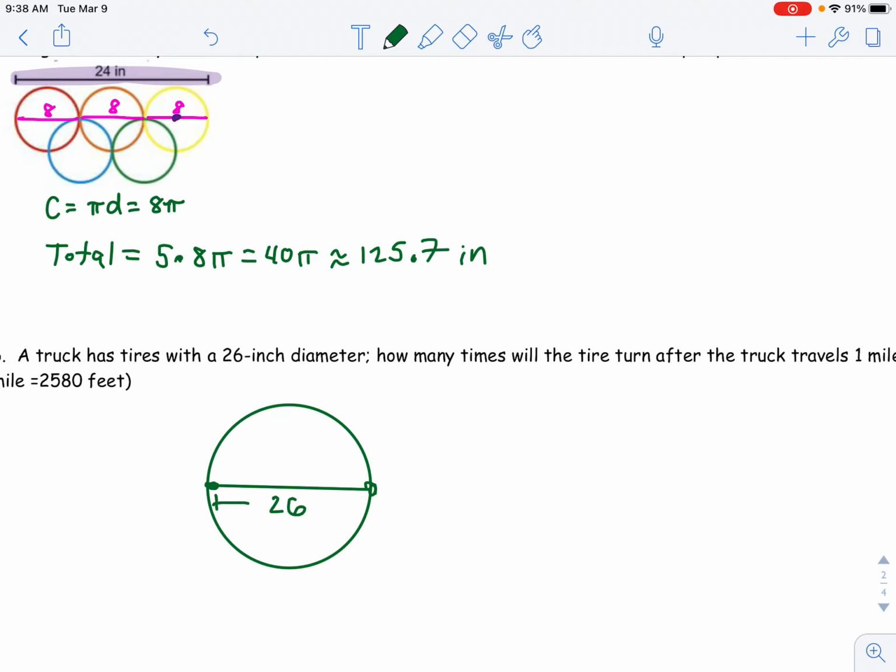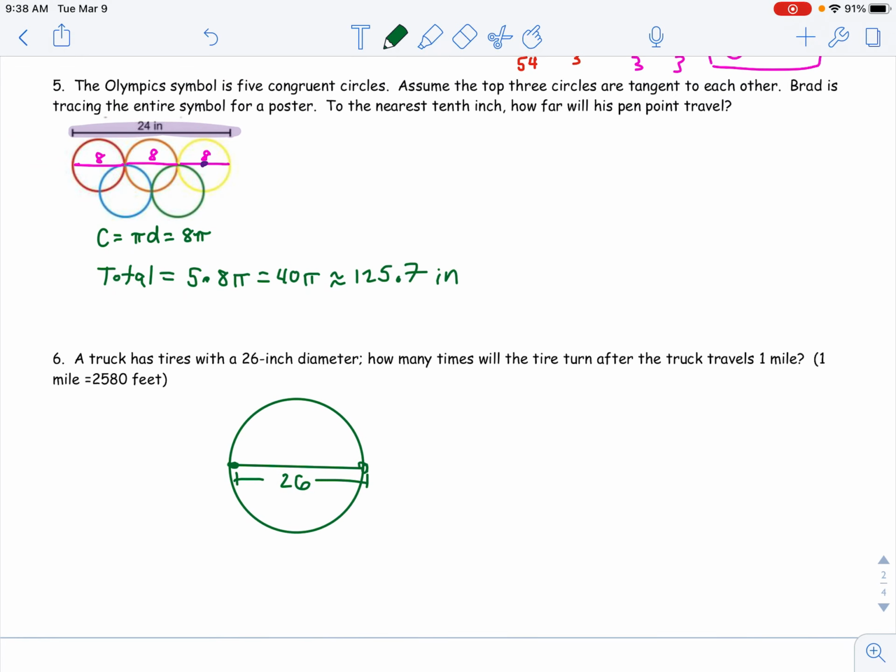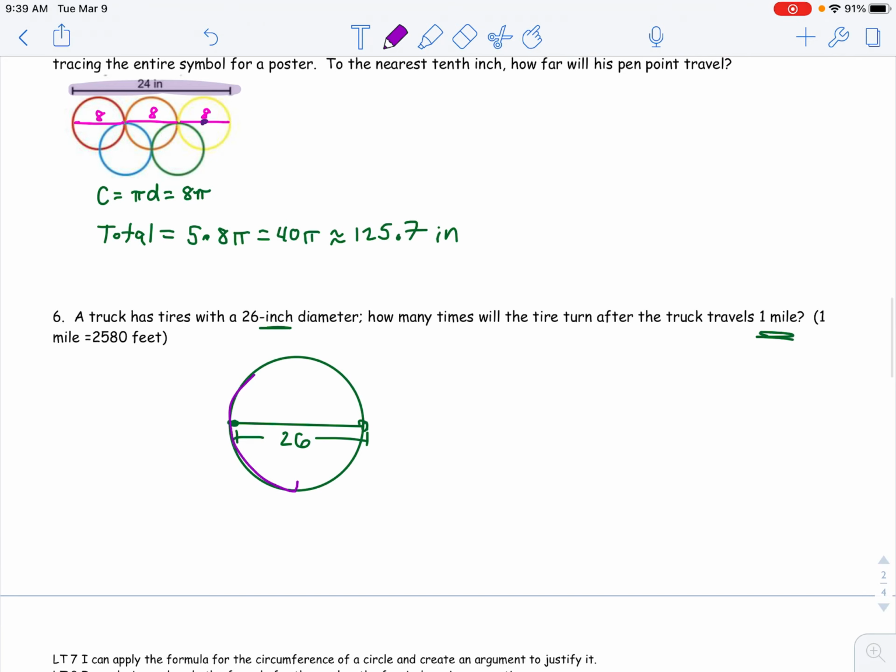All right, so this is 26. How many times will the tire turn after a truck has traveled 1 mile? So this is crazy. We're in inches, then we gotta go a mile. So first off, let's just find the circumference. Basically it's saying, what is the total length of one turn? Circumference is pi times diameter, so it'll be 26 pi, which, plugging in the calculator, is about